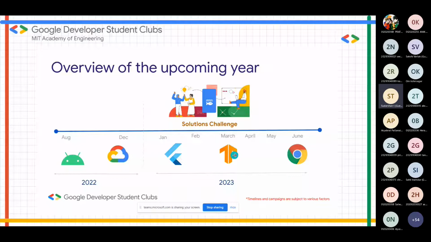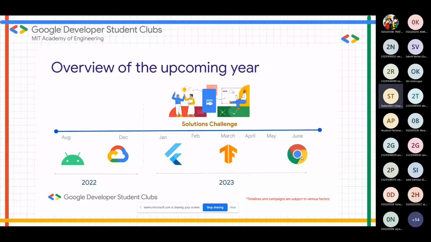After that, we will have a TensorFlow event. TensorFlow is a machine learning library developed by Google which is booming. And at the end, we will have a web campaign, where we will develop some good websites using Google technologies.